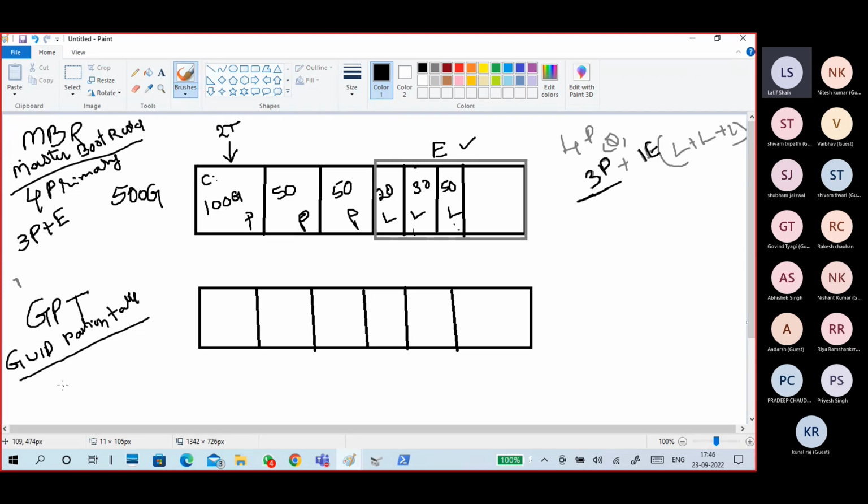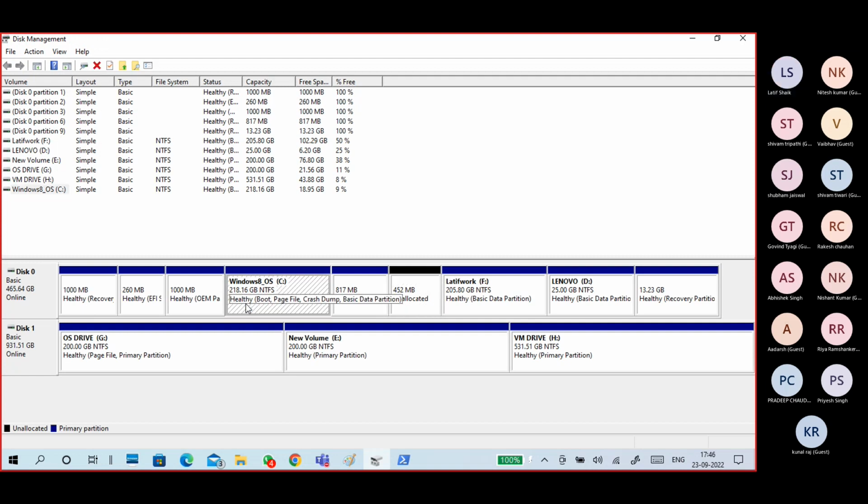In GPT, you can create 128 primary partitions. Exactly speaking, there is no primary concept, but you can see it is C drive, F drive, D drive, and some other drives. You can see some don't have any letters, those are recovery drives only. Even though they don't have drive letters, they are primary partitions only. See, these many multiple drives are there because my disk 0 is a GPT drive and disk 1 is